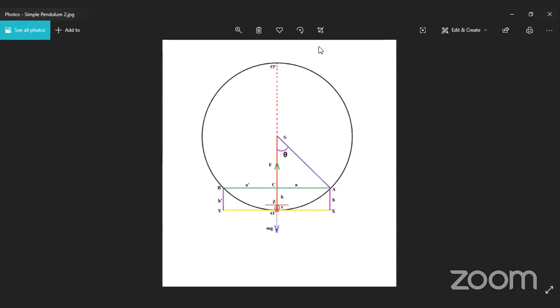From this theorem of circle, the diameter OO prime is intersected with the chord AB, and the chord AB is perpendicular to O prime. That is not strictly needed, but here the extra advantage is that it is perpendicular. That is why we can calculate H into twice L minus H equals A square, that is C square equals A square. Okay.